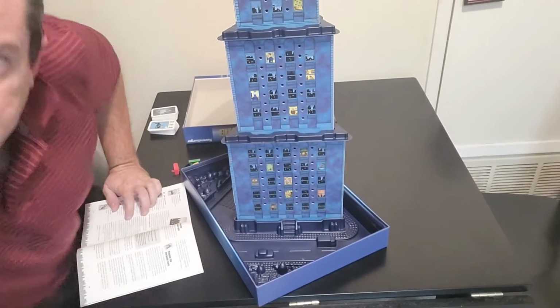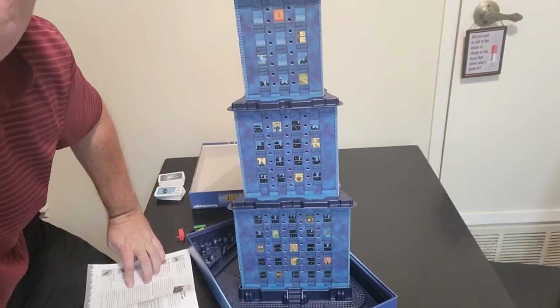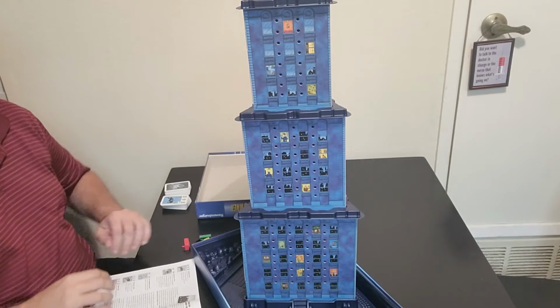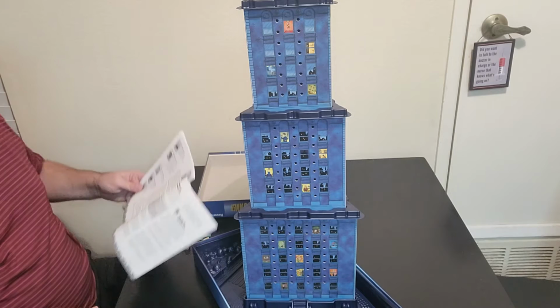And let's bring this up a little bit. That way we can see the whole building. There we go. And there we are. There is the 3-story building. All right. Okay, so what we're going to do is, like I said, we're going to do a 4-player